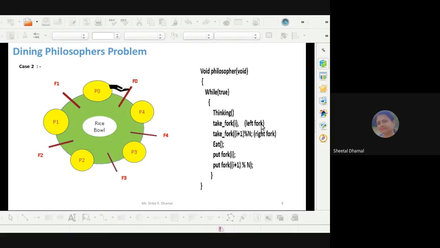Simply by taking the left hand side fork, this P0 is preempted from the run state. After that, P1 enters. P1 is hungry, so P1 enters the philosopher function and executes the first function, that is, process P1 wants to eat. So philosopher P1 will pick up the fork on his left hand side, and at that time this process P1 is also preempted. Before taking the right hand side fork, the philosopher P1 is preempted and enters the ready state again.